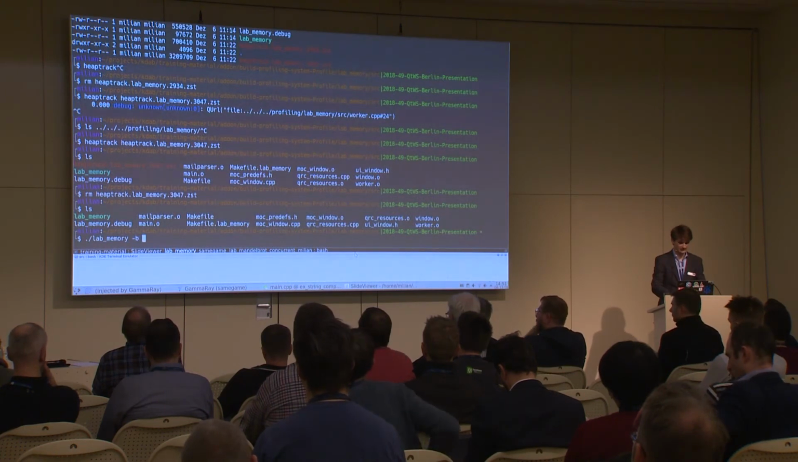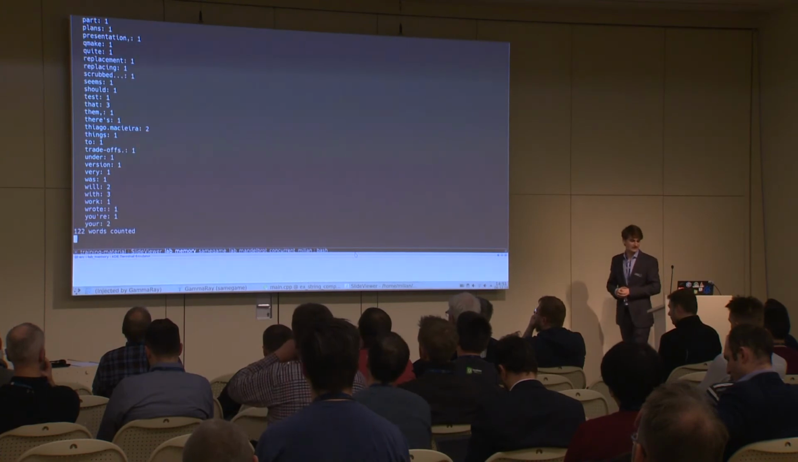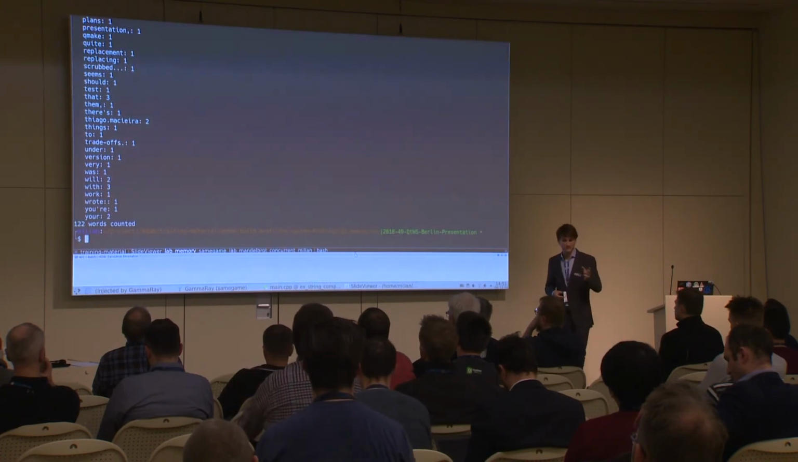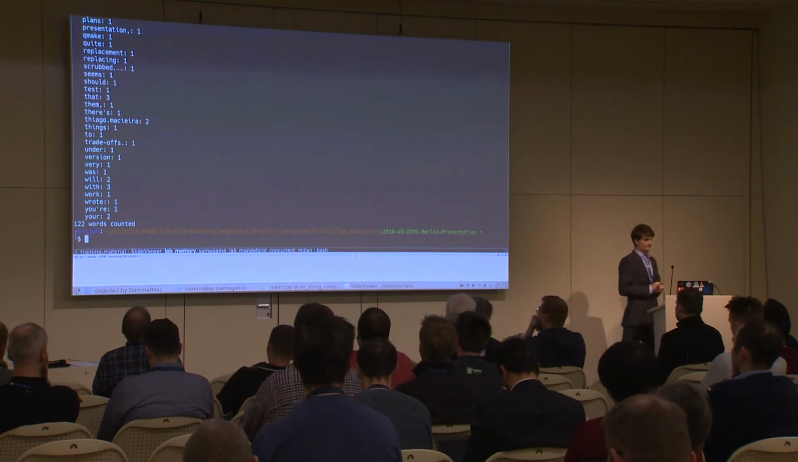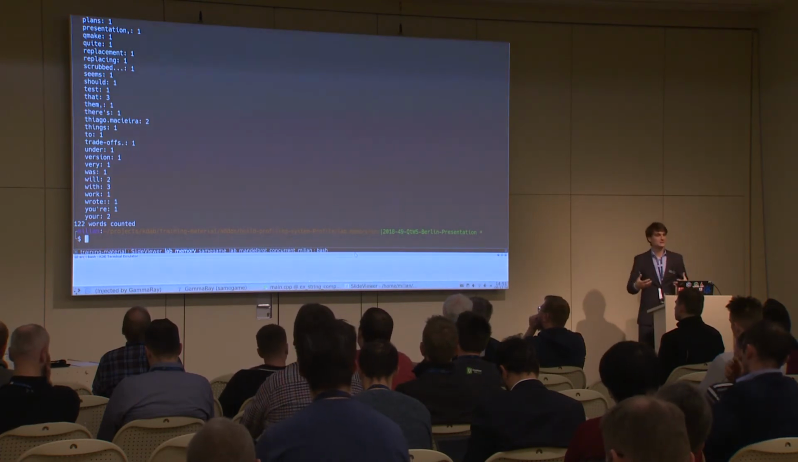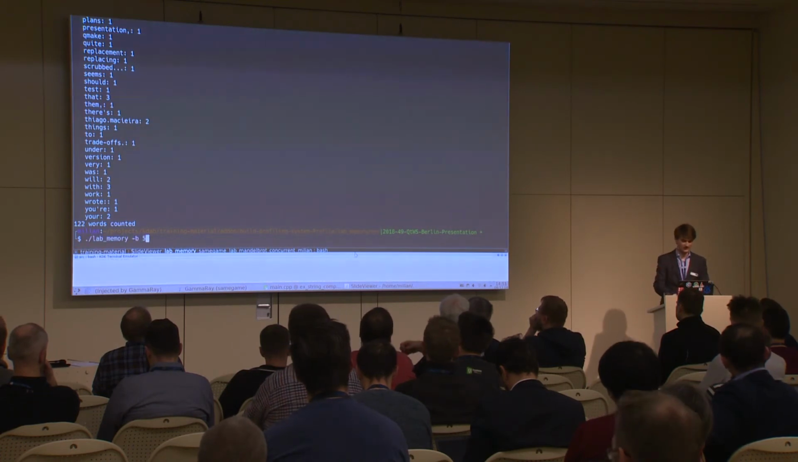So this is code I've written for this training we've been running yesterday, or there's another one coming up next week for 3 days in our offices. And it's written explicitly in a bad way, such that it shows you how you could use HeapTrack. So if you just run it,